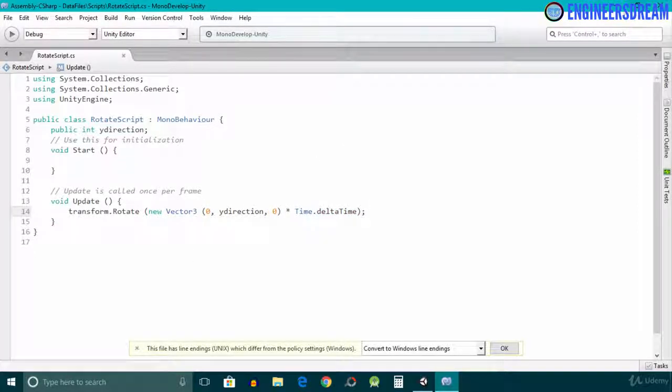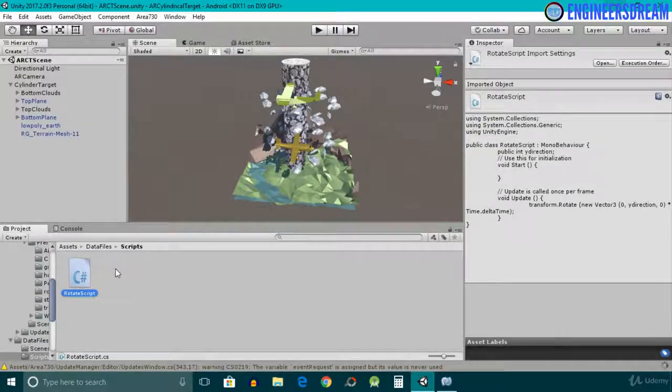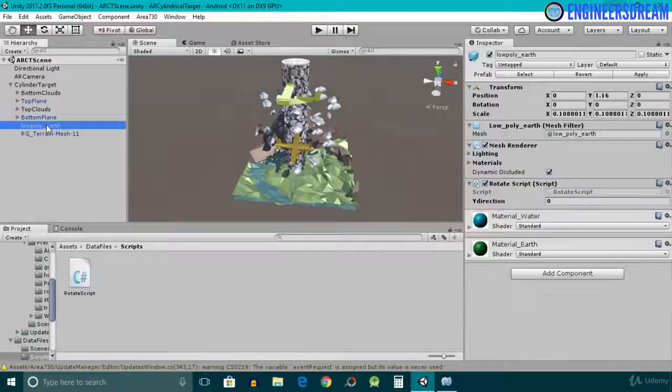So I'll save the script, and after this I'll minimize MonoDevelop. I'll first attach this rotate script to the low poly earth game object. If I click on the low poly earth, as you can see the rotate script is attached to it, and currently the y direction has a value of 0.